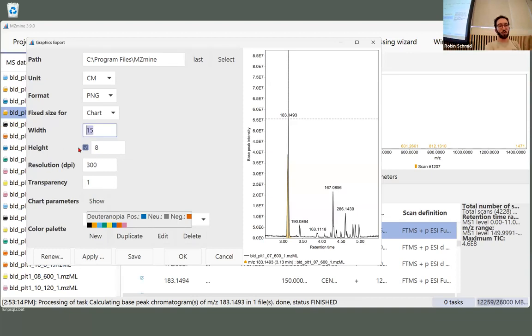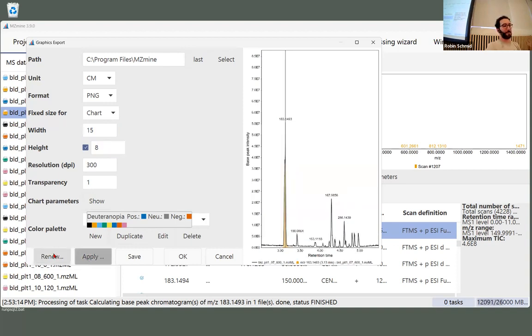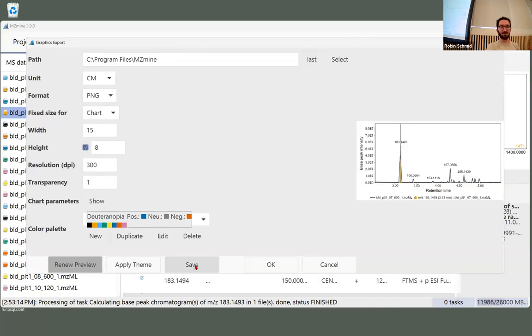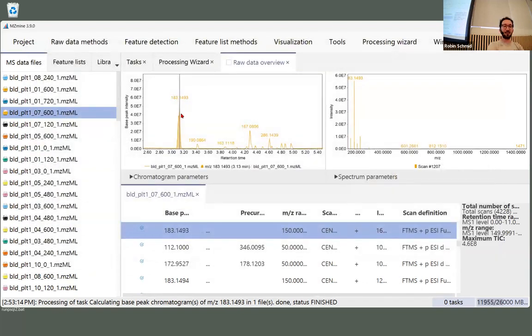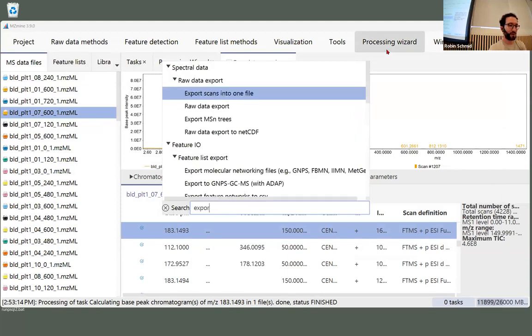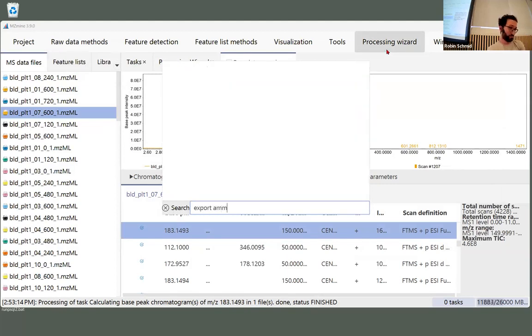You can set the width and height, and you can already make it like a one column or double column figure. Yeah, so you can already do all this, and then you just say apply, and also apply the theme and renew preview, and then you just save it, and you can do that with individual charts. But also in MZmine, and there was one option in the wizard even, you can now also export, wait,